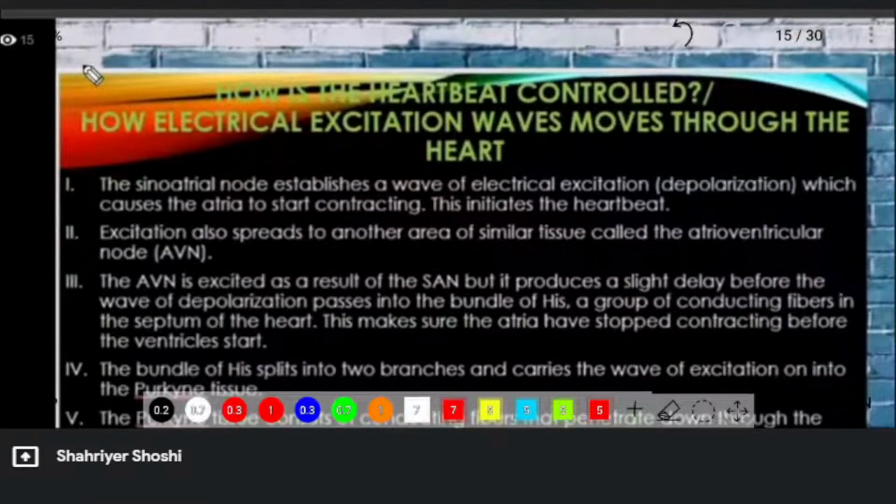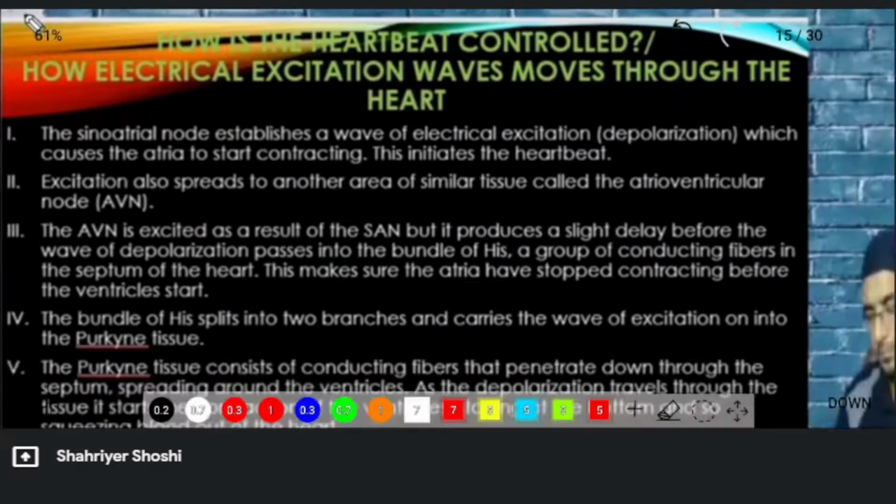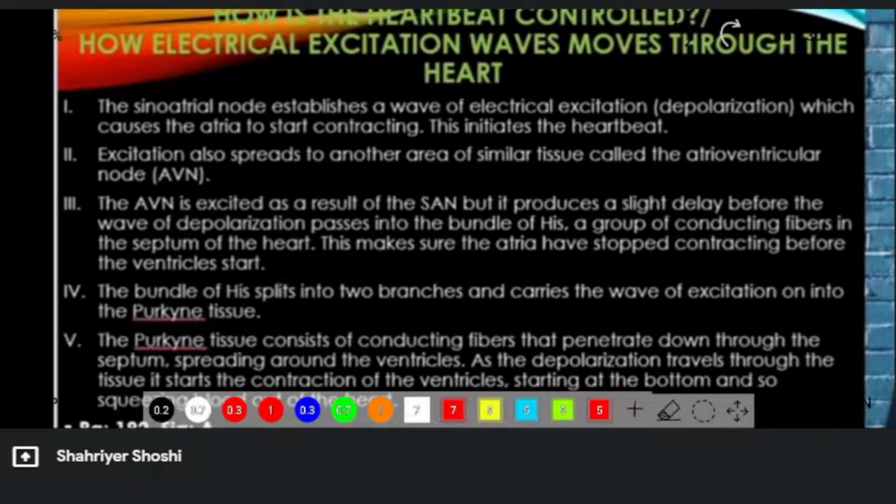How is the heartbeat controlled? The sinoatrial node establishes a wave of electric excitation, that is called depolarization, which causes the atria to start contracting. This initiates the heartbeat, meaning